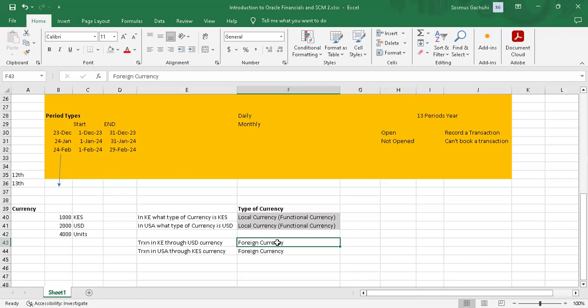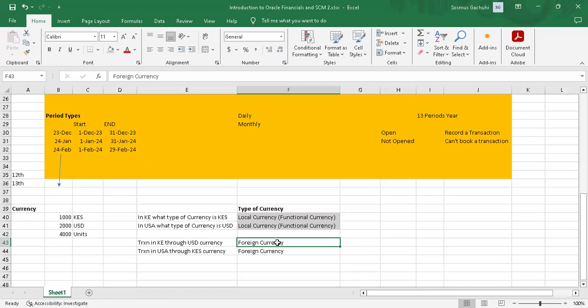The functional currency is the currency that an organization might choose to do their main transactions in. But there are some scenarios you might find. Primarily, the local currency is the one that will be treated as functional currency, because you will not find